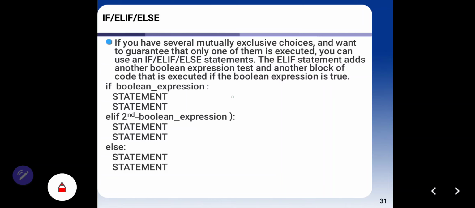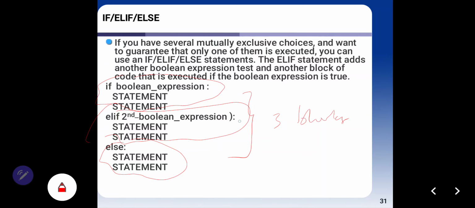You can see here there are 3 blocks: first block, second block, and third block. If Boolean expression, elif, else, like this.